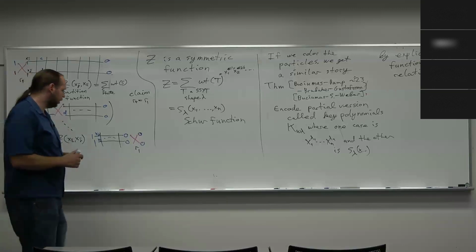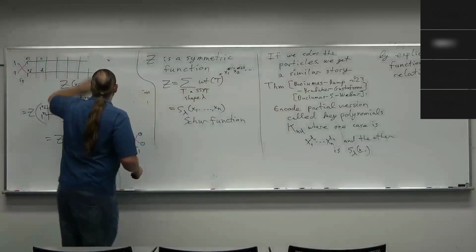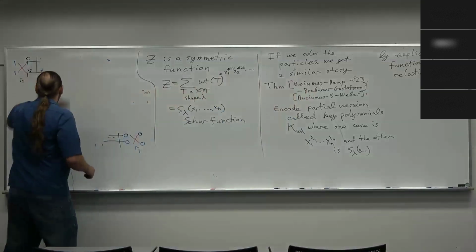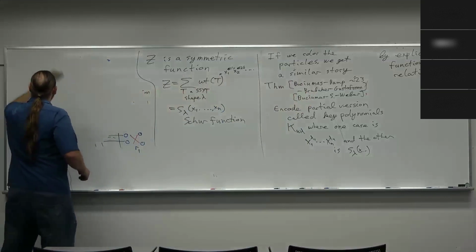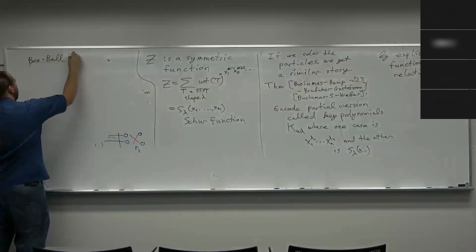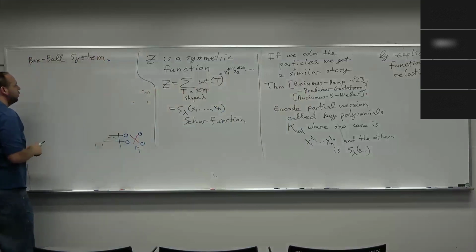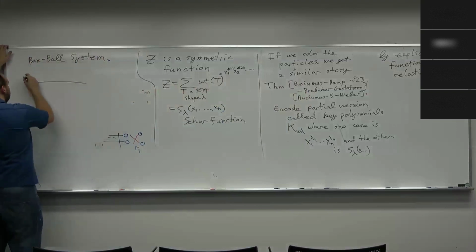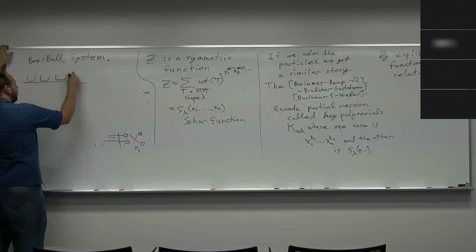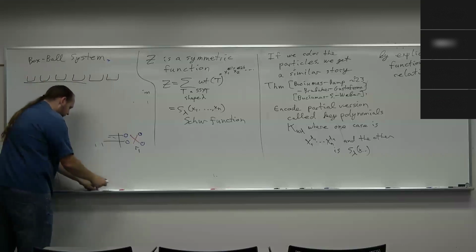And when you send q to 0, that's like your temperature going to 0, and it defines a discrete dynamical system called the box-ball system, where you have bins that contain balls,